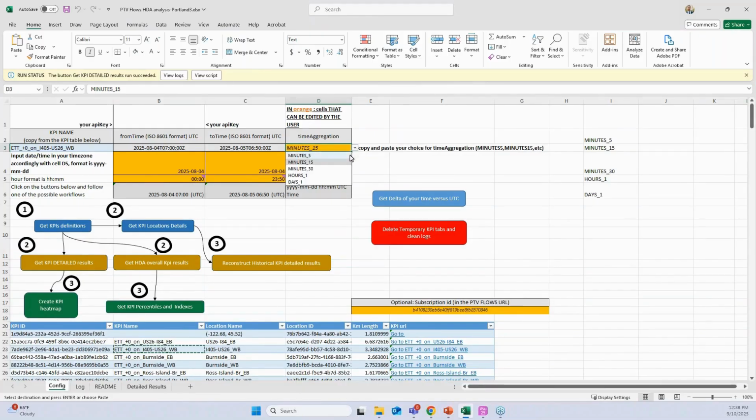For the detailed information, you can also choose your travel time aggregation. So I'm going to say 15 minutes. And there is some formatting for transferring the local time of the system with UTC time. So now if we want to get even more detailed results,